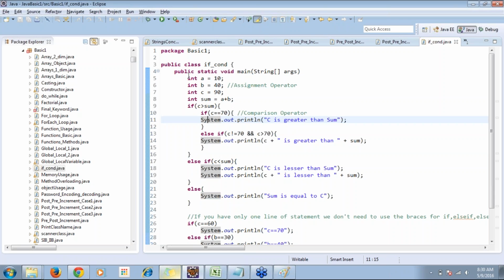So what I'm going to do here: integer a equal to 10, b equal to 40, c equal to 90. Sum is equal to a plus